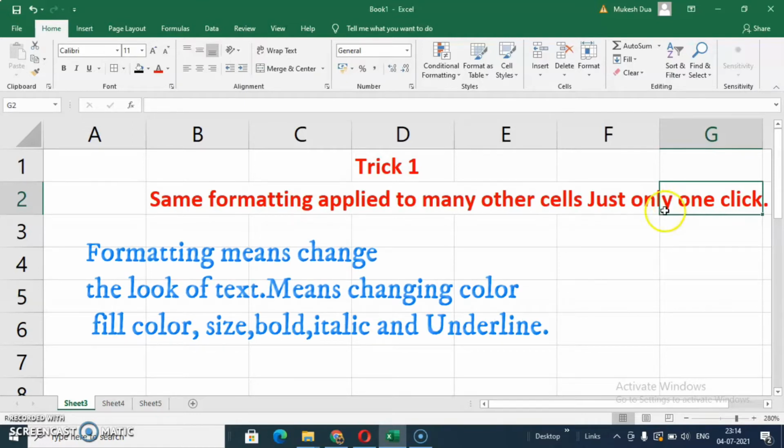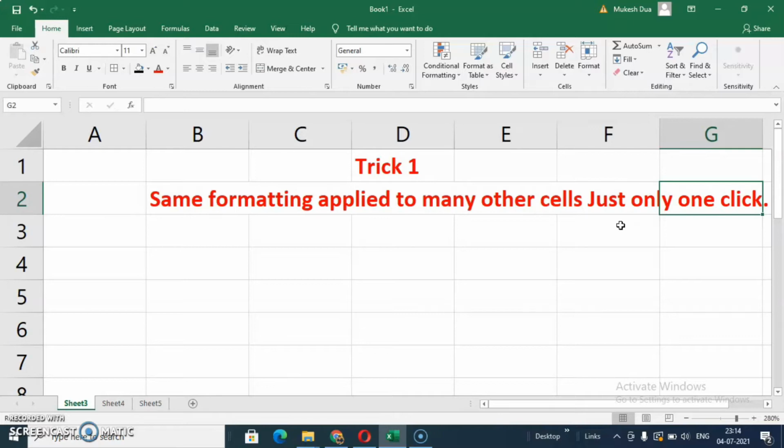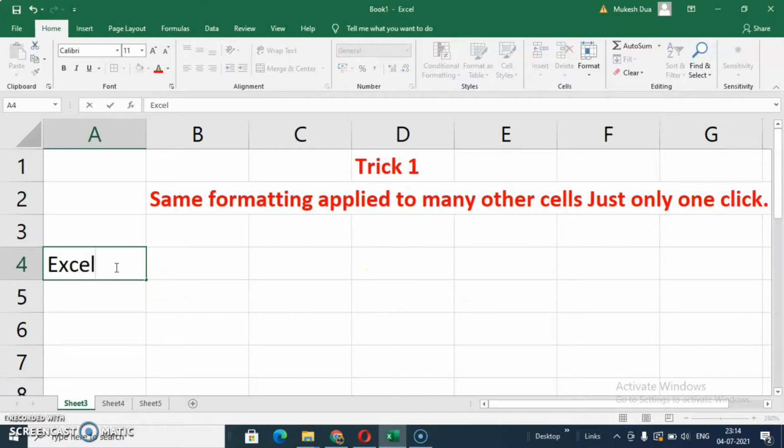Formatting means changing the look of text, meaning changing color, fill color, size, bold, italic, underline. Right. Let's see. First of all, type text, Excel. Select this text, change size, then bold, italic, underline,